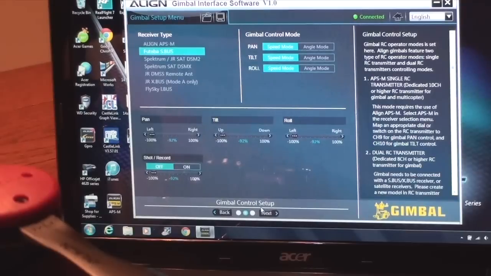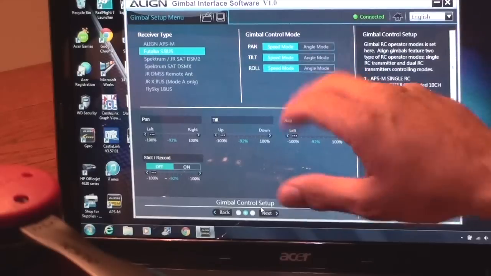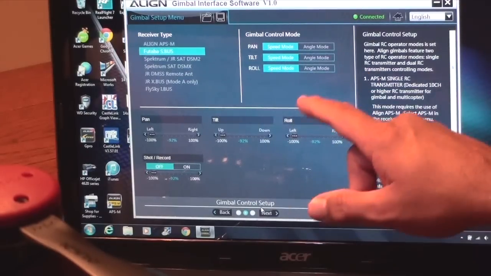as well. The reason for utilizing the dual operator setup, which is basically using another receiver, is so that we can tune the roll functionality of the gimbal. Even if you are using this gimbal as a single user, we highly recommend that you go ahead and set up the roll functionality with a secondary receiver so that you can tune the PIDs for the roll functionality on your gimbal setup. Further, if you go to the right here, you go to gimbal control mode, you have speed